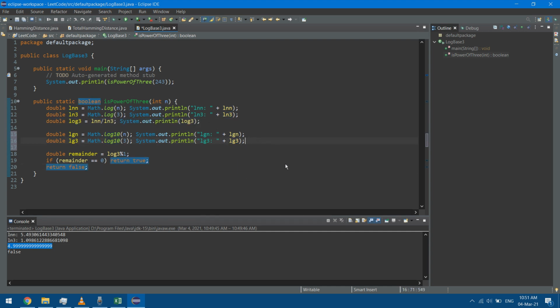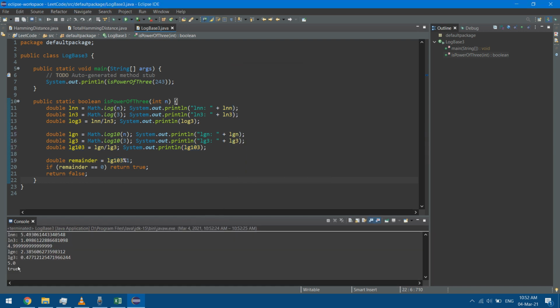I also took this one. This is called log 3. Let's call it LG10 3, and let's put here LGN, LG3, and LG10 3. And here I'll check for LG10 3. And when I run this, this is giving 5,